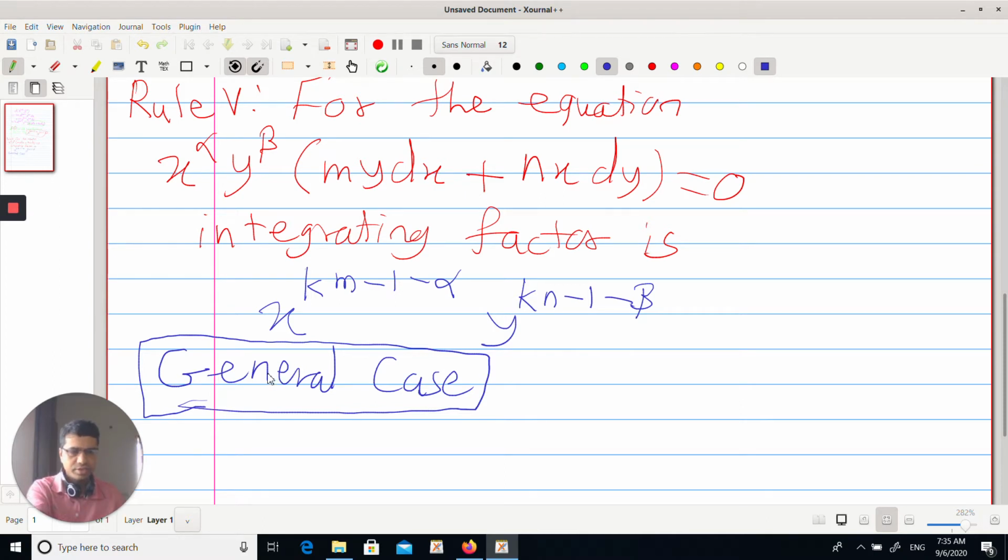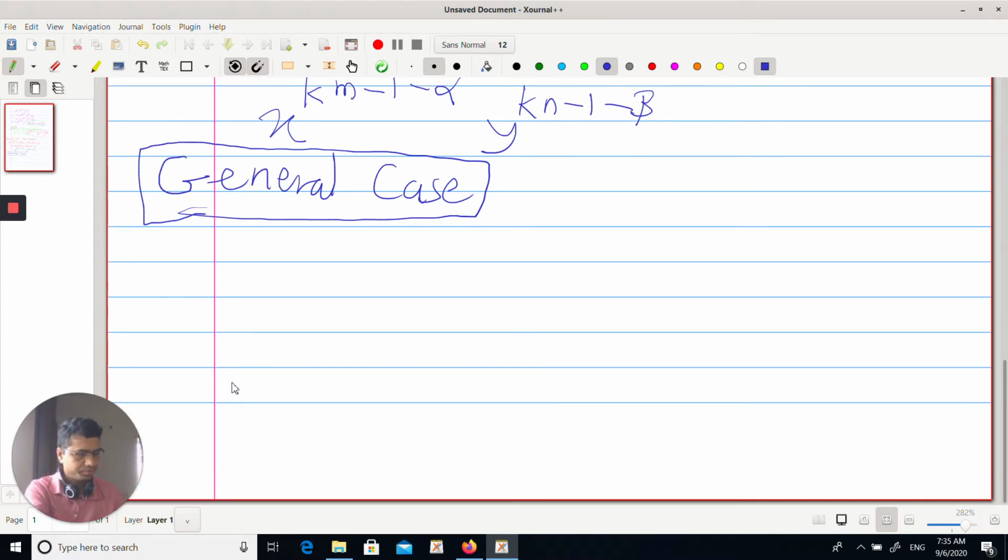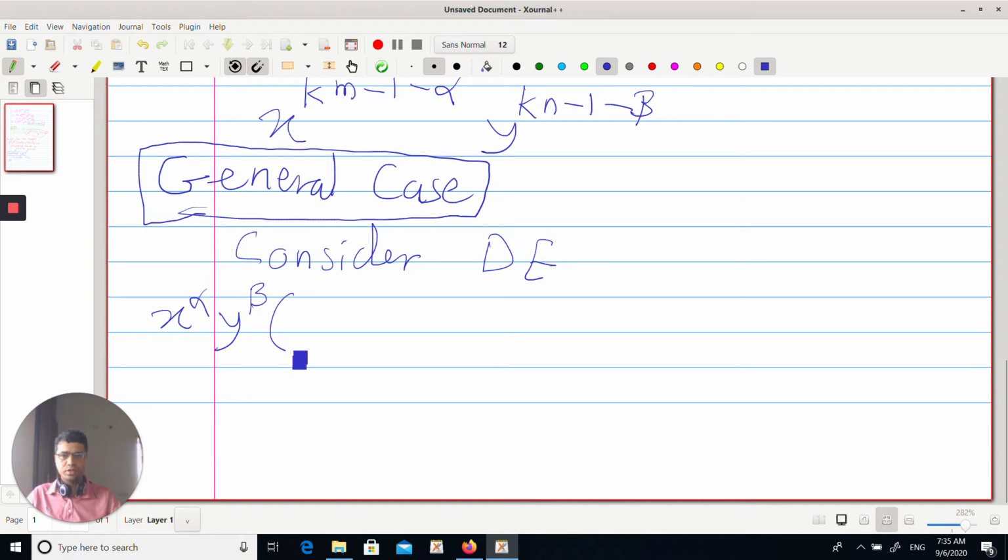So consider a differential equation of the form x raised to alpha y raised to beta into my dx plus nx dy. This is the first factor, and there is another factor, plus